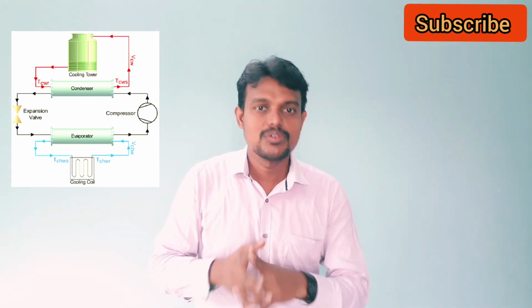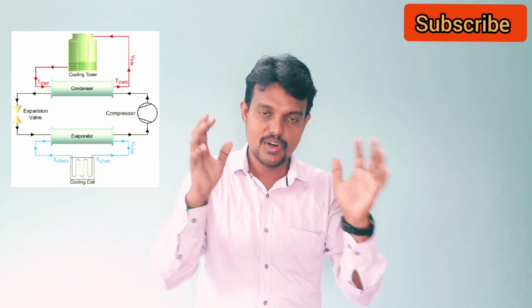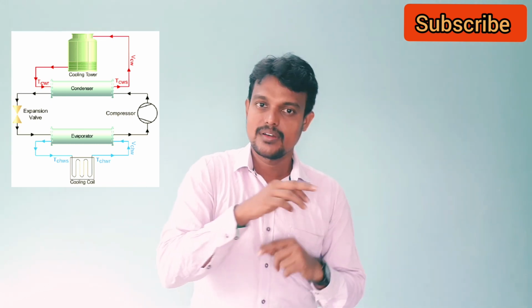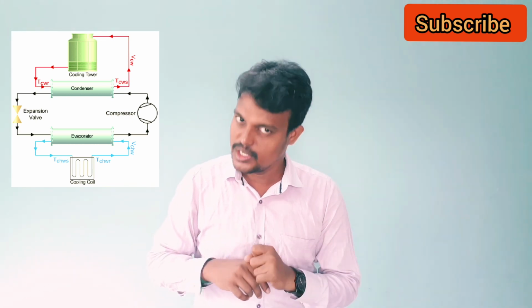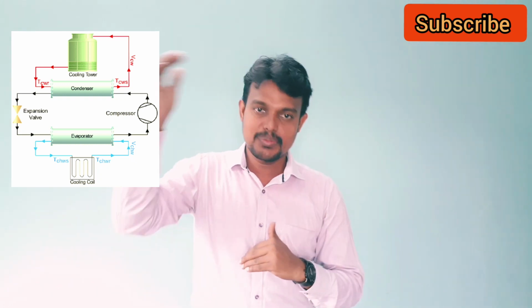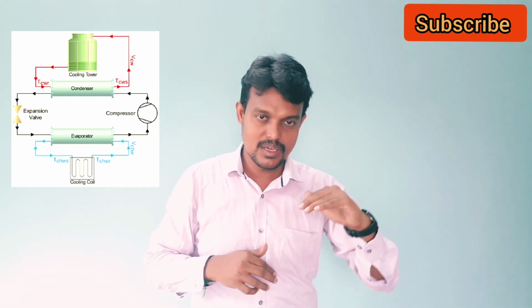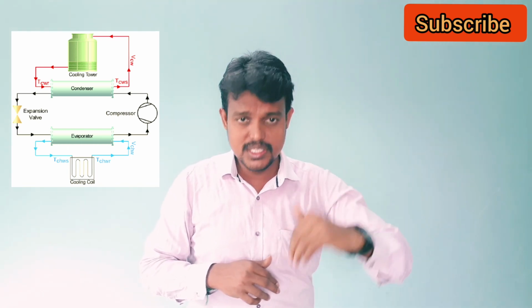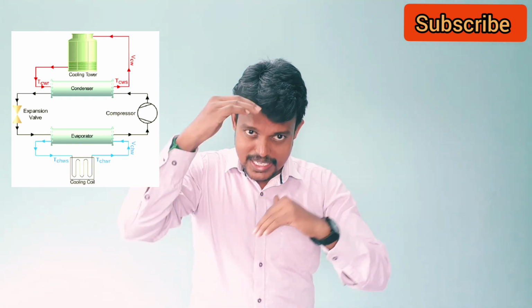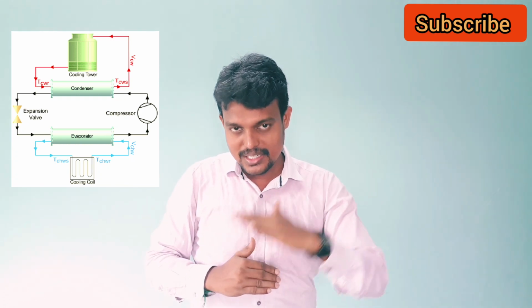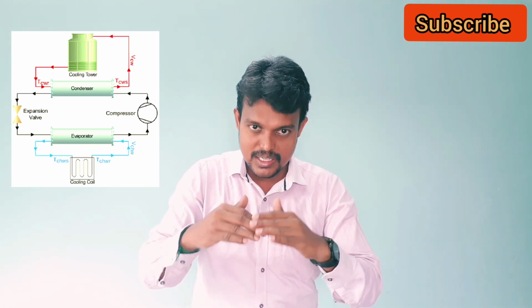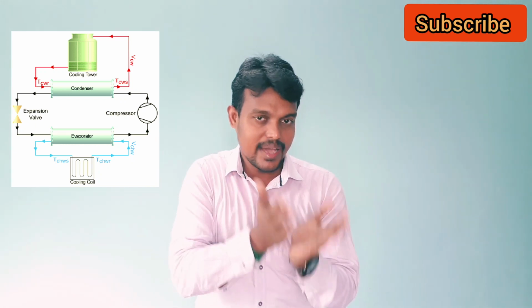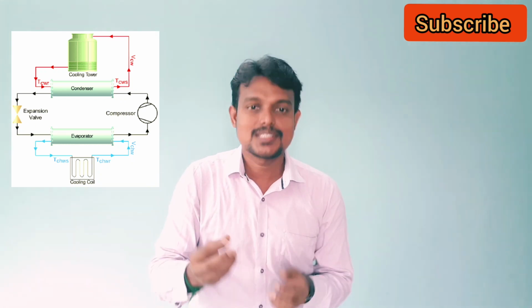As you know, in the condenser of a water cooled chiller, two things enter: one is refrigerant, another one is water. The refrigerant comes from the compressor as high pressure, high temperature vapor refrigerant. It comes towards the condenser and gets condensed from vapor to liquid in the condenser coil. While leaving the condenser, it becomes a high pressure, low temperature liquid refrigerant, or saturated refrigerant.